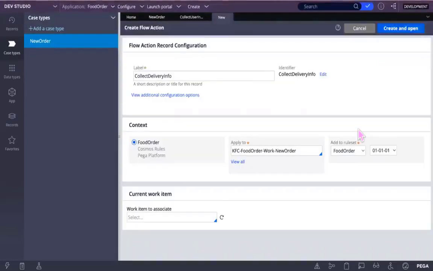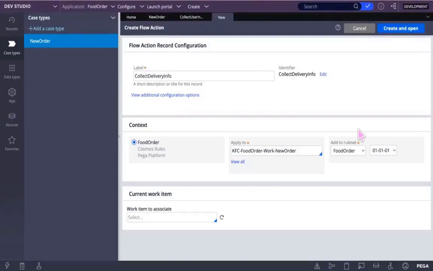Here you are creating a flow action. See, initially what you have done, you have created a life cycle. Life cycle has created a flow. Life cycle or flow, both are the same.